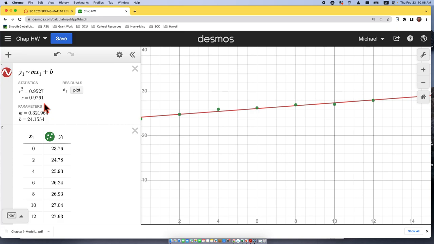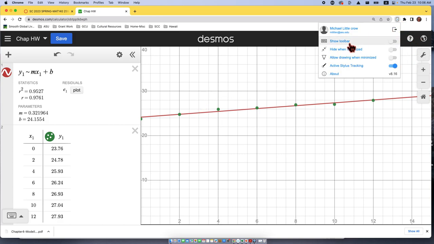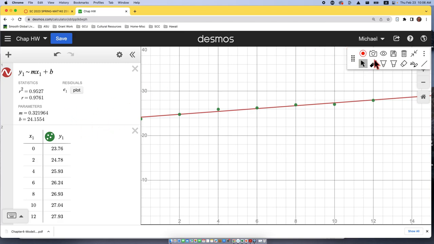It's 0.97. The last one was like 0.98. So this doesn't fit quite as well as the last bit of data we did. And it's also getting close to a positive one because it's going up instead of going down. And you can see that in the data. What would be the equation if they were asking for the best fitting equation? Best fitting equation comes from these parts right here, right? Yep. Y equals